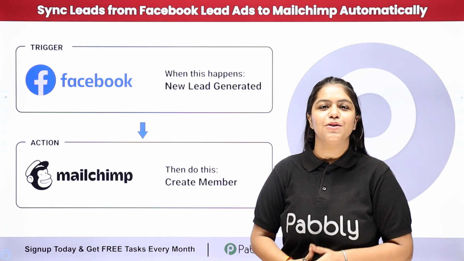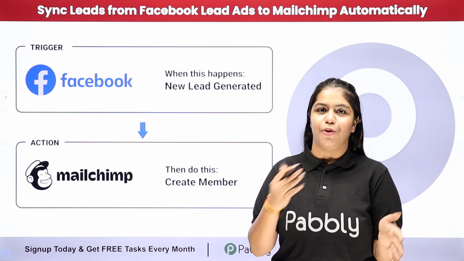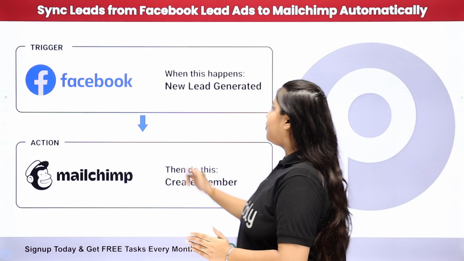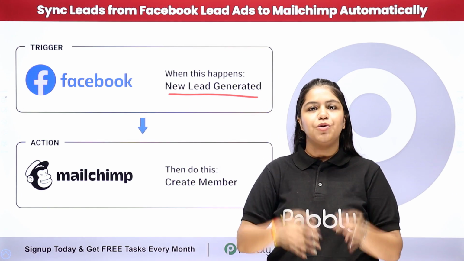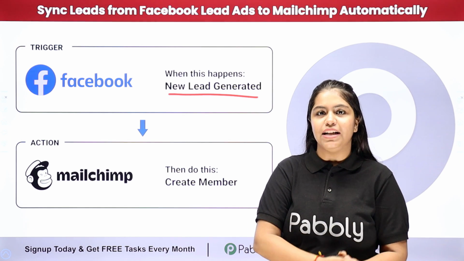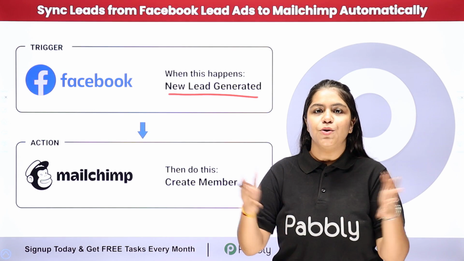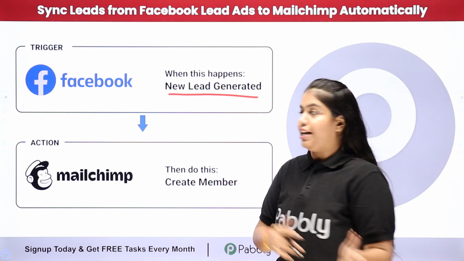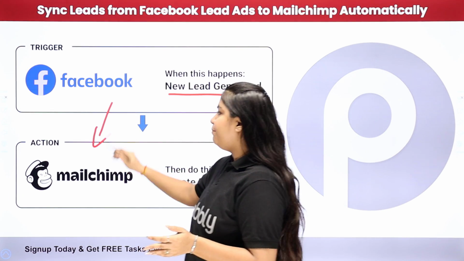So like you, I also use Facebook lead ads to promote and grow my business. And now what I want is that as soon as we receive a new lead from Facebook lead ads, I want to add that lead's details into my Mailchimp account as a new member so that we can send follow-up emails. So to do this, we are simply going to create a connection between Facebook lead ads and Mailchimp,